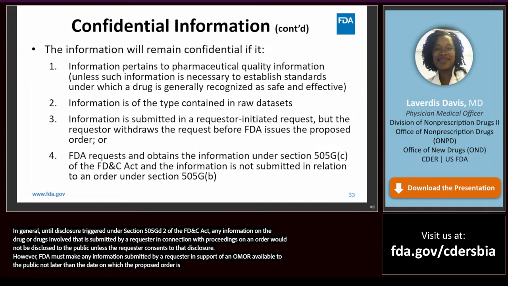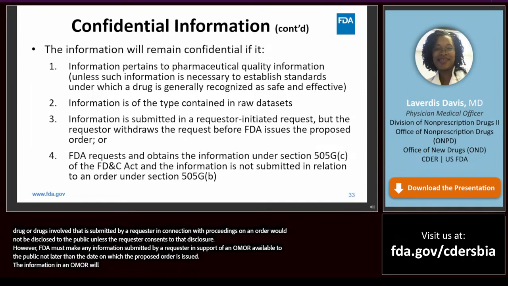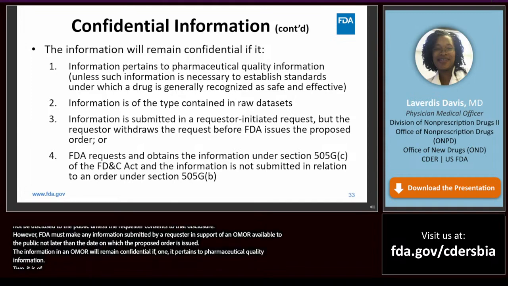The information in an OMOR will remain confidential if: 1. It pertains to pharmaceutical quality information. 2. It is of the type contained in raw data sets. 3.